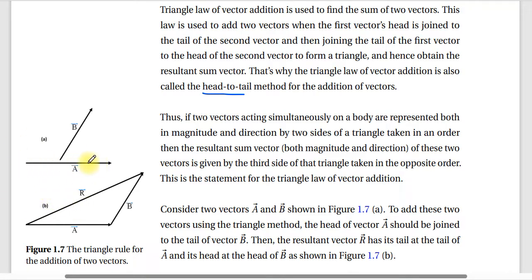ሆሪዞንታል ነው። ኤንድ ቬክተር ቢ ደግሞ የሆነ ያጋደለ ነገር ነው፣ ኢን ሰም አንግል። ስለዚህ አሁን የነዚህን ሪዛልታንት ለመፈለግ እና ትራያንጉላር ሎውን በመጠቀም ለመደመር ምንድነው የምናደርገው? ሄድ ቱ ቴይል ማገናኘት ነው። የቢ ቴይል ማለት ይች ነች፣ የኤ ሄድ ደግሞ እዚች ጋር ነች። ስለዚህ ቢን አመጣና ልክ እዚች ጋር አምጥቼ እዚች ቀጥላታለሁ ማለት ነው። ኦኬ